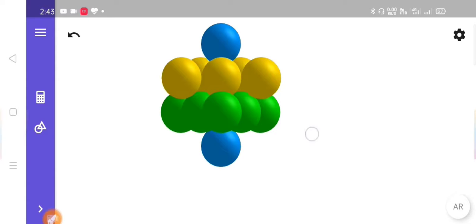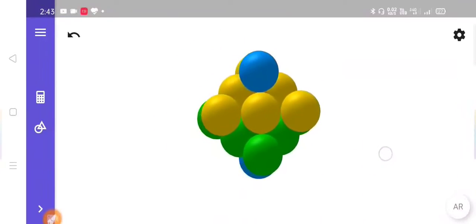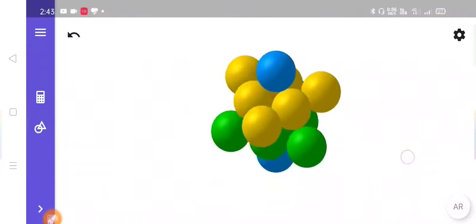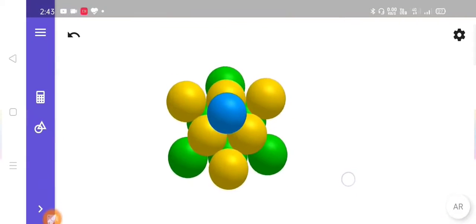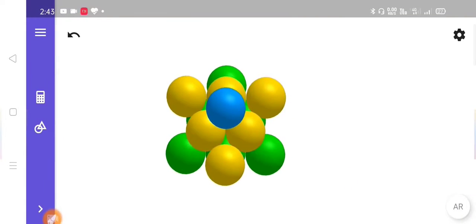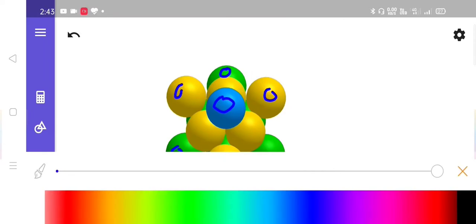Now from these four layers you will get this type of configuration, and now we will try to identify where our unit cell actually is. Okay, so this type of formation is actually a face centered unit cell formation. Let us try to find it. So first of all, corner spheres. These are four corner spheres from the top, and this is 3 from the bottom. One will be behind these spheres. You are not able to see it because it is covered.